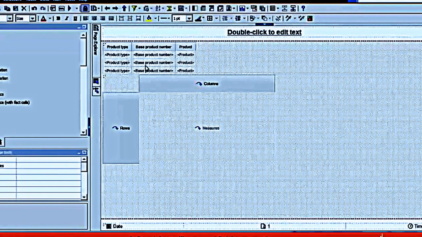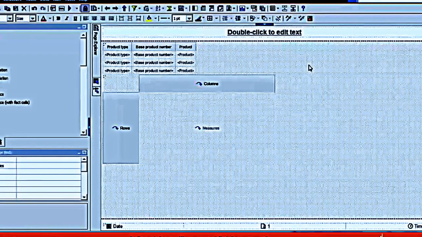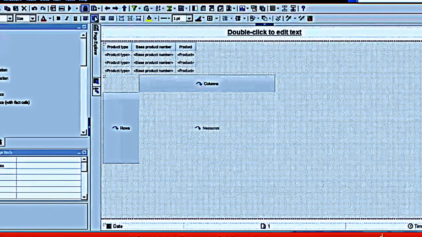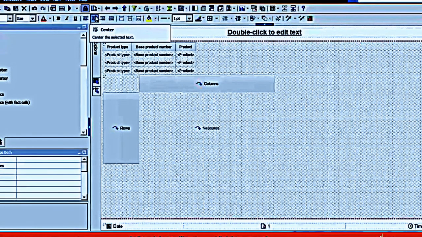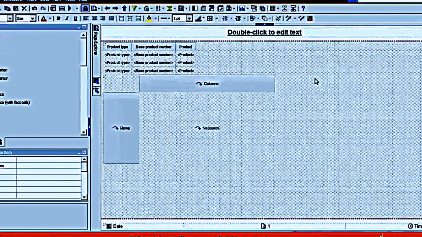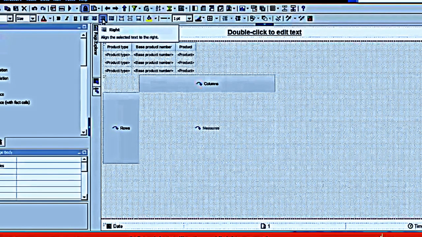Suppose I want to apply right align or left align to all the items available inside my page body. It is possible. Since my objects are available in my page body, I keep my mouse on the page body and then apply that formatting.